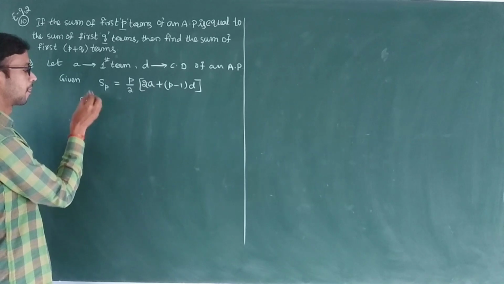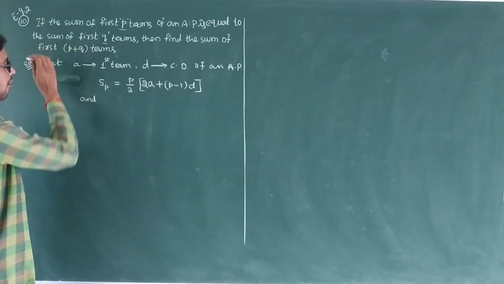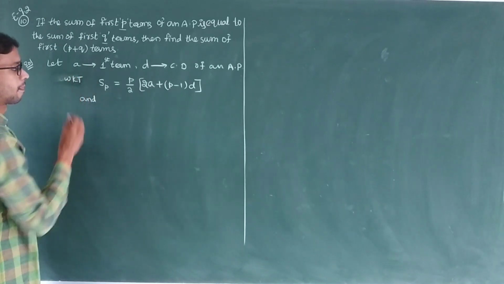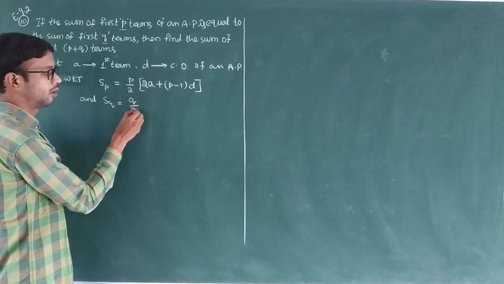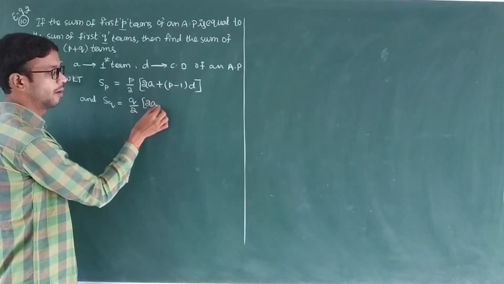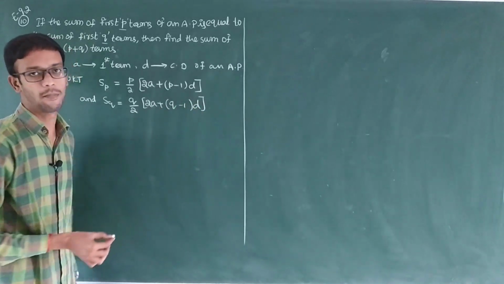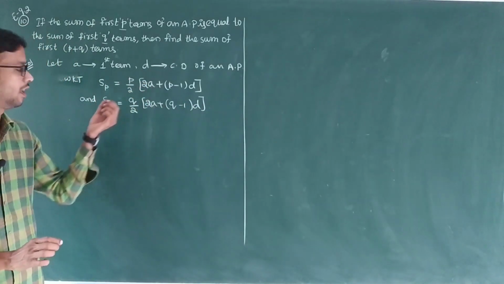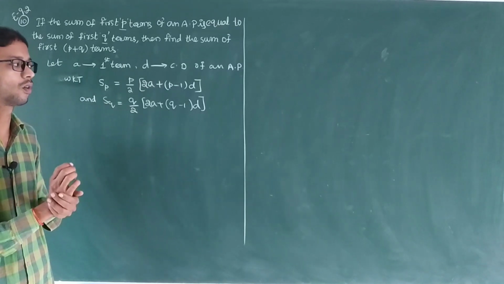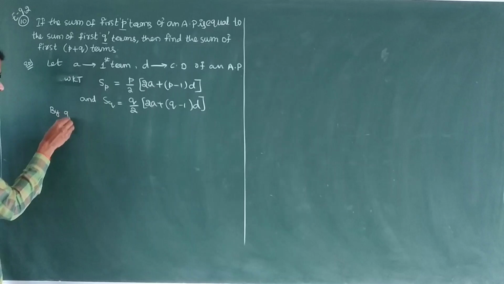Or else, directly we can write, we know that S_q is equal to q by 2 into (2a plus (q minus 1) into d). For the sum of n terms, n we write; for the sum of p terms, p; for the sum of q terms, q we have to replace. By the given condition,